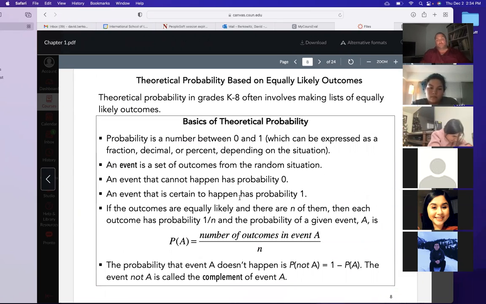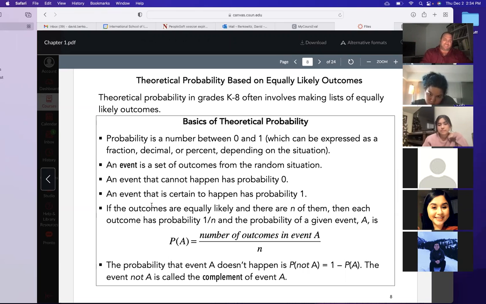Okay, then we had some rules about probability, rules about likelihoods. For example, all probabilities must be between 0 and 1. More than 1 means it's more than certain. I mean, how can you be more than certain? It just doesn't make any sense. Less than 0 means it's less than impossible. What? That doesn't make any sense. So they're all between 0 and 1. 0 means it can't happen. 1 means it will happen.